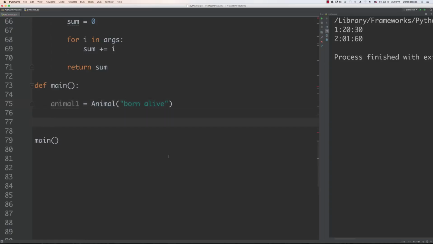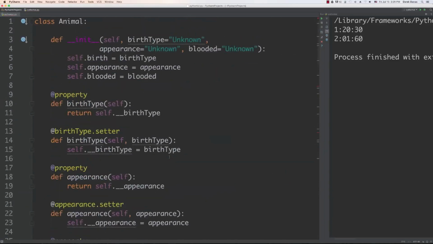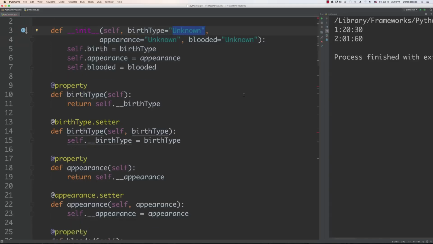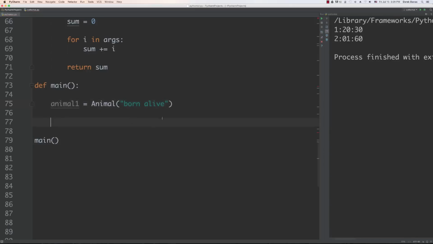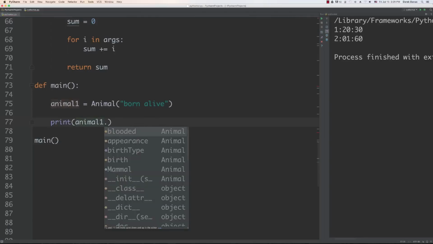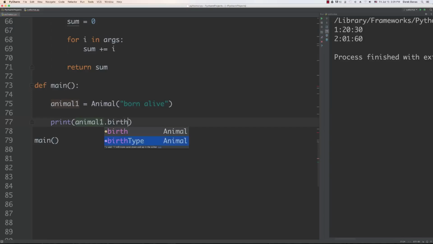So there's born alive, and because we went inside of here and we defined default values, we don't need to define them all. So we can define birth type but not define anything else, and it's just going to work for us. Okay, so we'll say that we have an animal and it is born alive, and if we then want to call for this function to execute and give us information, we can come in and get a specific thing like